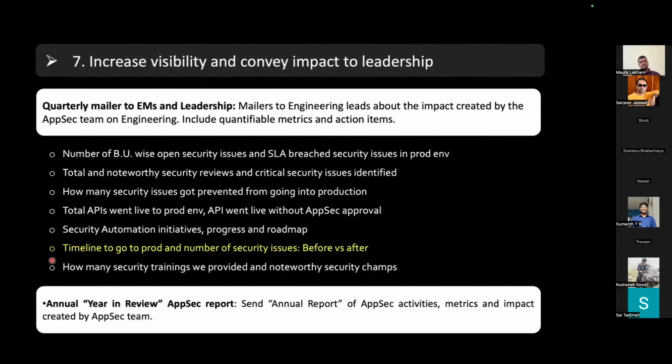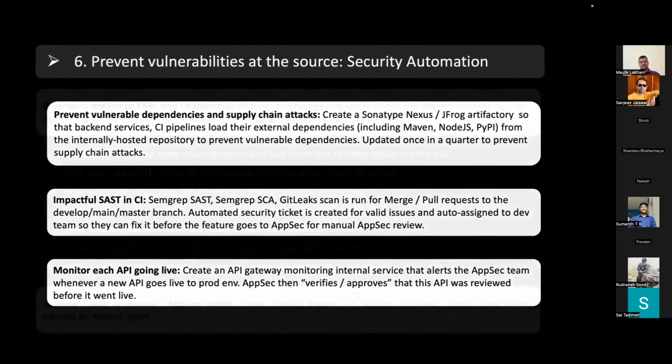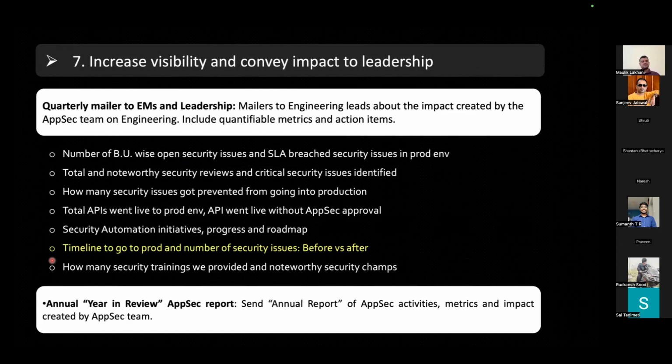Then the last step is this. Once you have done everything for your engineering work, still some product security leads, security architects, engineering managers of security teams or heads of product security teams will have a complaint that we are not getting enough budget, we are not getting enough manpower, we are not getting enough importance.